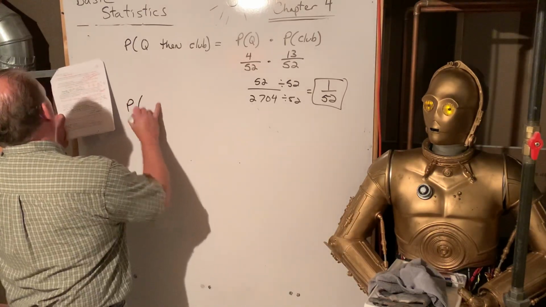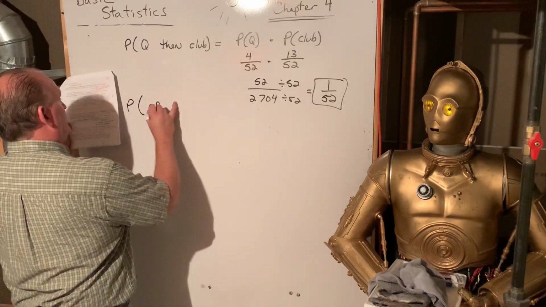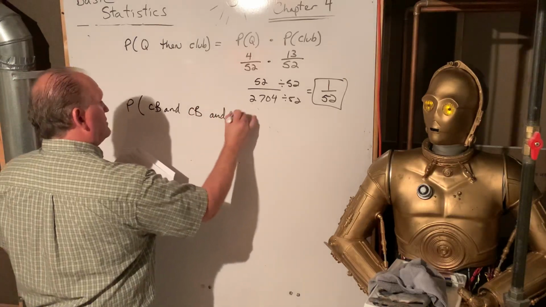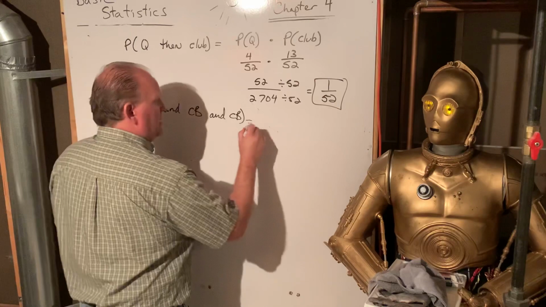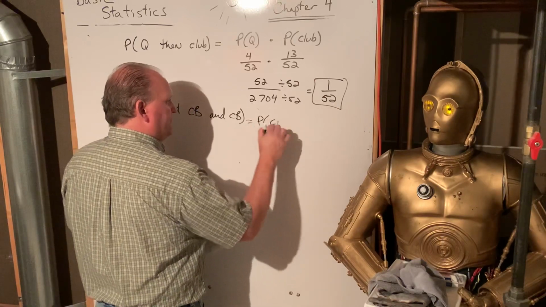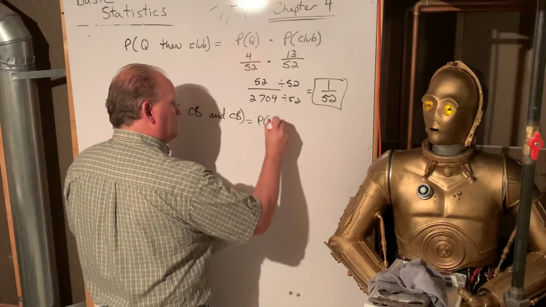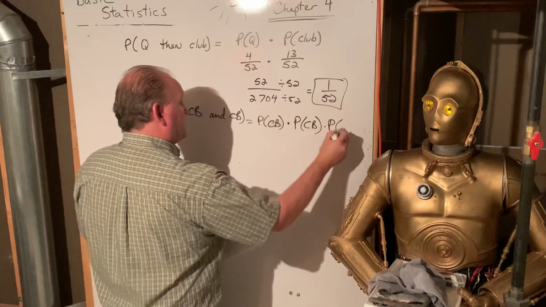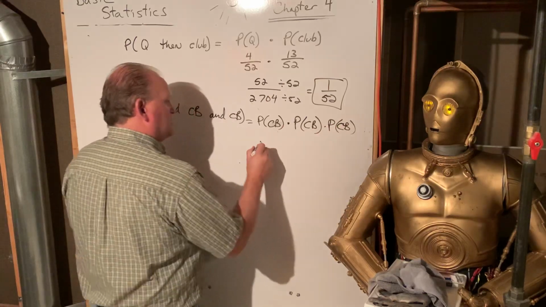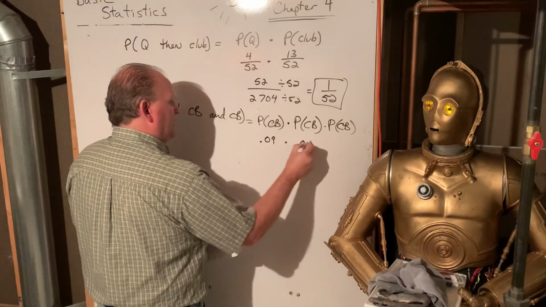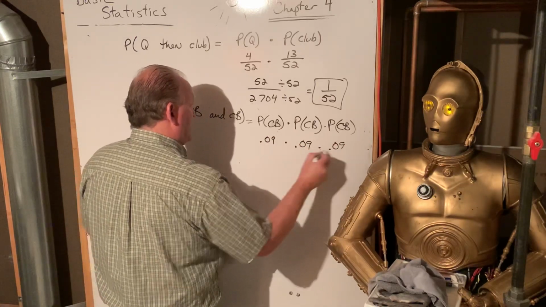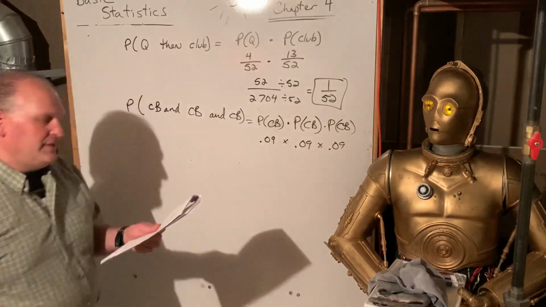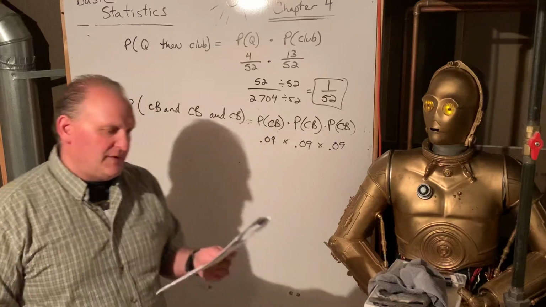That would be the probability that you're colorblind and the second guy is colorblind and the third guy is colorblind. And so this would just be probability of colorblind, CB, times probability of colorblind times probability of colorblind. And so that's just going to be 9% times 9% times 9%. I'm going to make these into little x's, times signs. Normally in algebra we don't do that, but here it's just easier to see it separated.